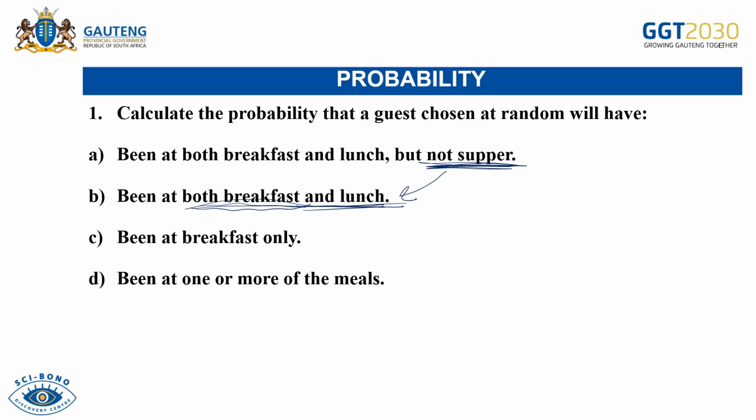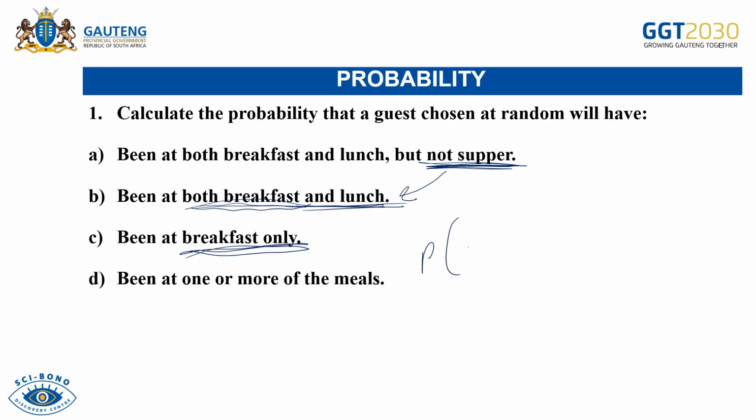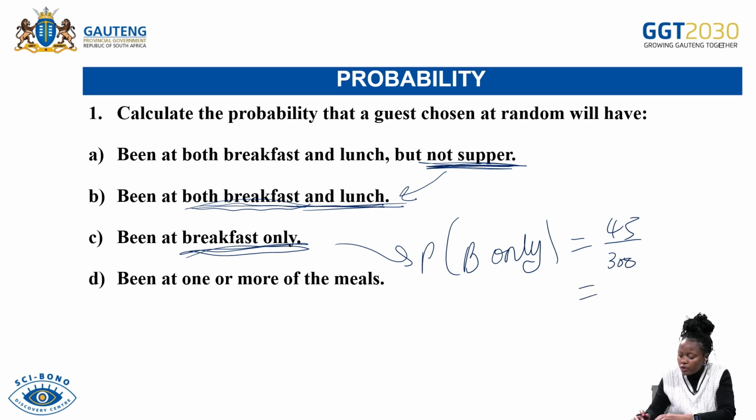It says calculate the probability that a guest chosen at random will have been at breakfast only. Breakfast only means it shouldn't have the lunch or the supper. So breakfast only is going to be that 45, because it doesn't include this one or this one. It is going to be 45 all over 300. So it's 45 divided by 300, which is 3 all over 20, and you